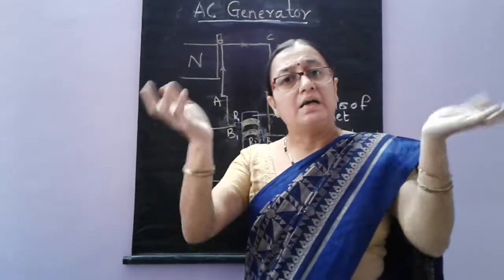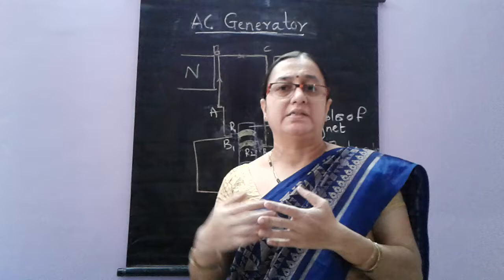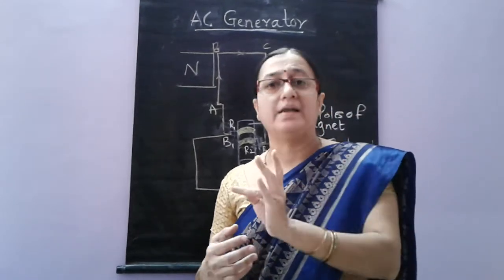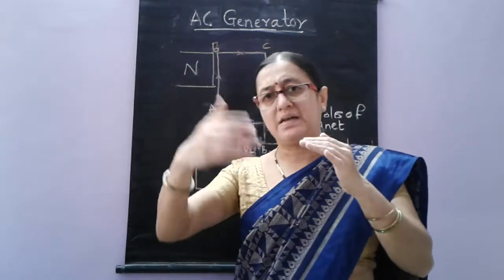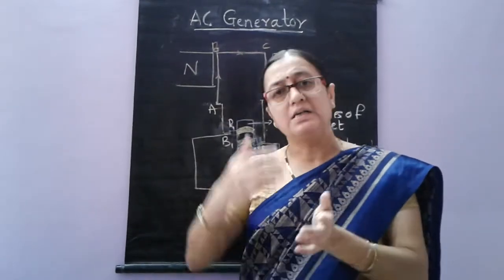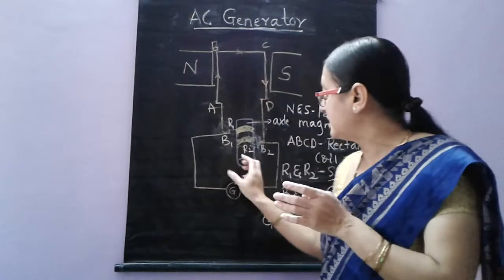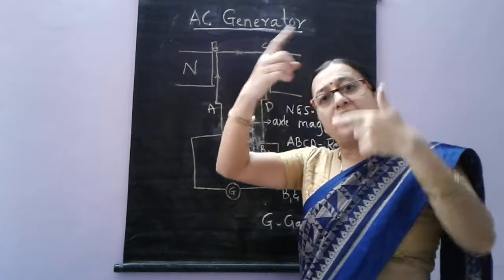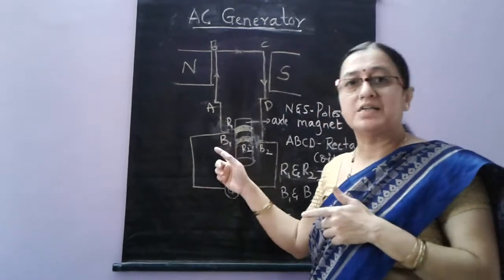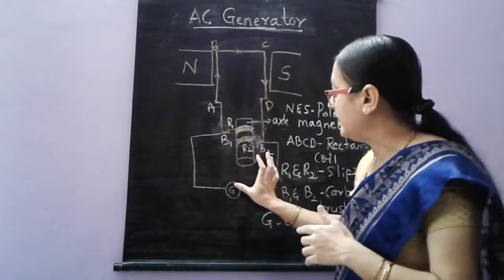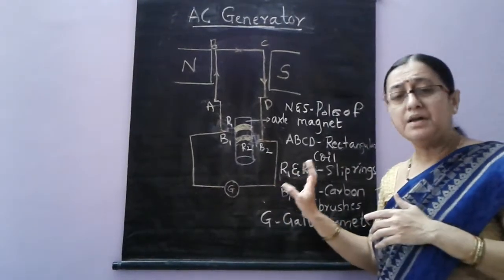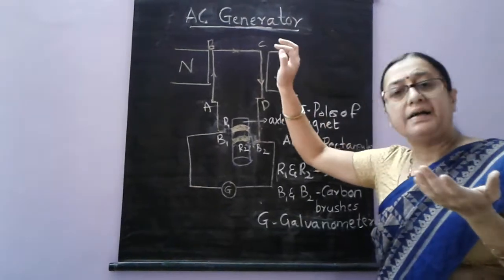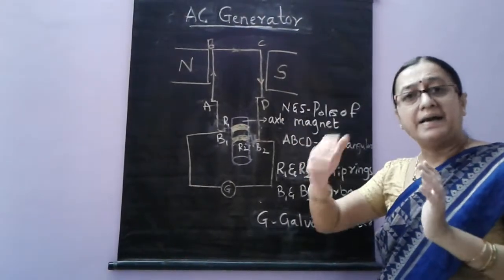So in different ways of generating power in India, we are dependent mostly on hydroelectricity, then nuclear energy. But there are many different ways, even windmills. Through windmills, the axle is fixed to the wings of the windmill. So when the wings are rotating quickly, more electricity is generated here. So this is how a generator works. Now, an AC generator generates alternating current and a DC generator generates direct current.